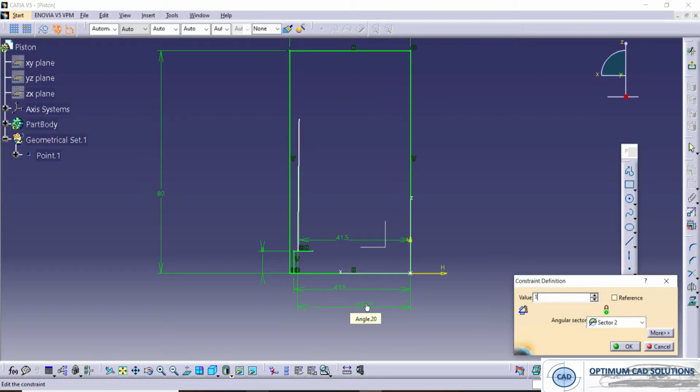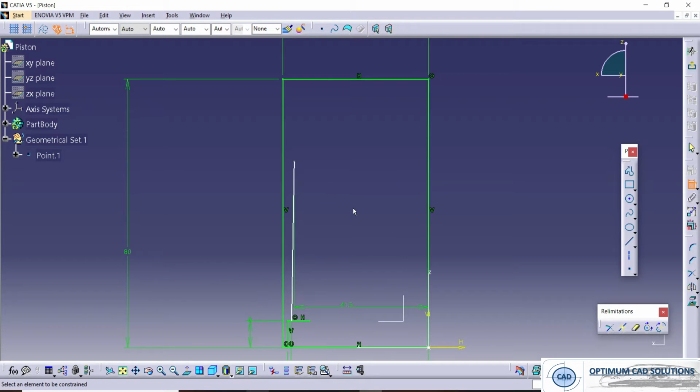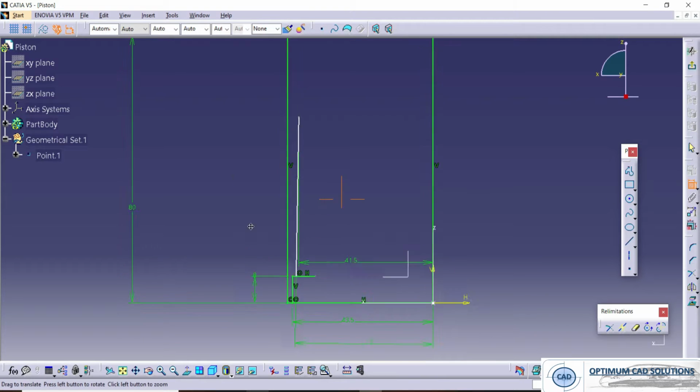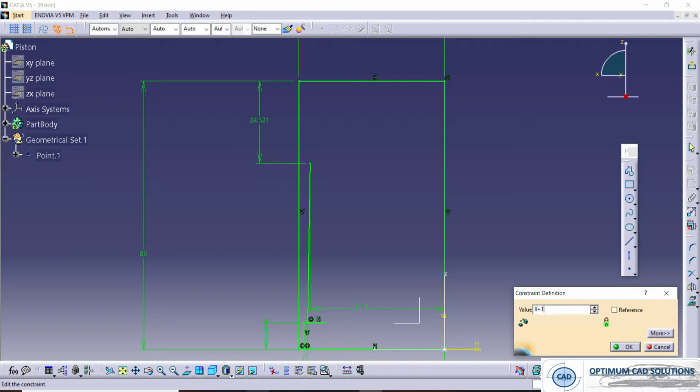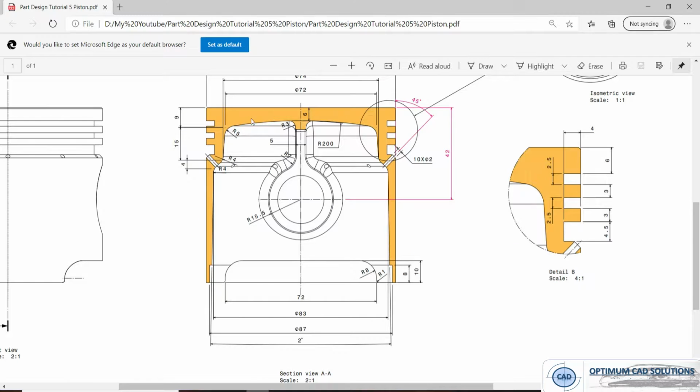This angle is 1 degree, as we are using the shaft command. And this height is 9 plus 15 plus 4. We'll check 9 plus 15 plus 4.